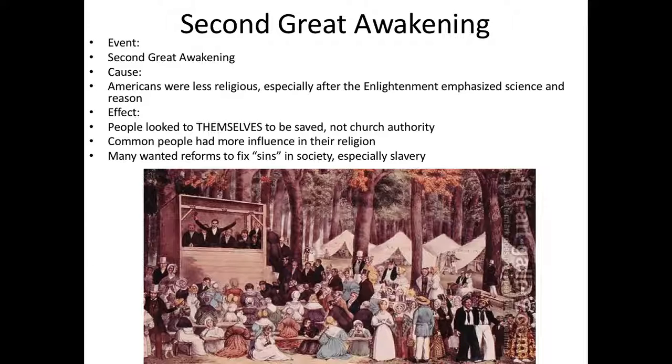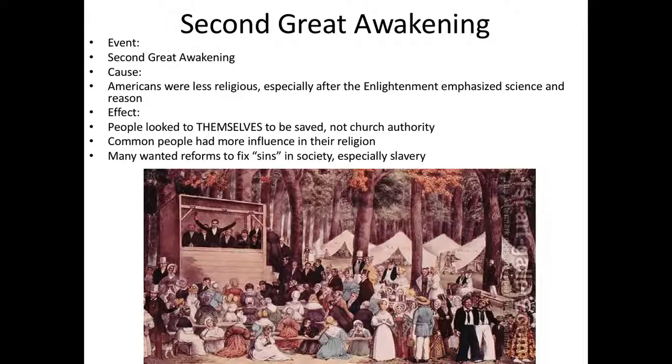This will really give rise to anti-slavery feelings, and it will create more sectionalism between the North and West versus the South. Now, I will say that abolitionism starts off small and it grows over time and gets big by the 1850s. More on that later on in this course.